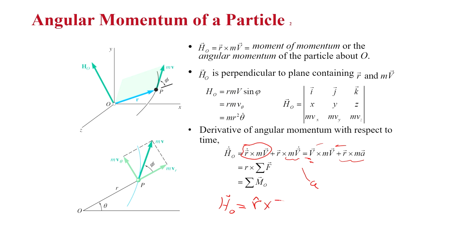The derivation of the angular momentum is actually the distance r times the summation of all the forces. This is another vector, a summation from i to n of all the forces that you have in your system. Okay? And in this case, now we're going to be talking about the kinetics, because now we're interested